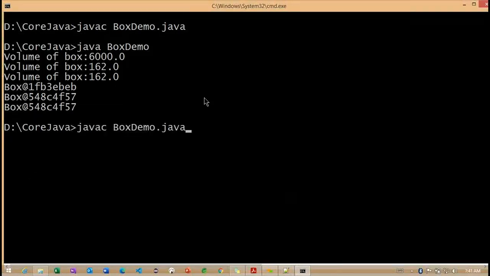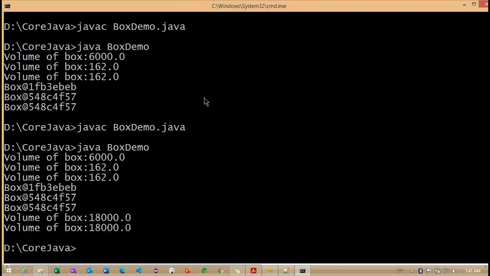Let's see. Compile one more time. Now you can execute here. Now we can focus more on the last two println statements. Do we have the same output or not? Now what do you understand here?